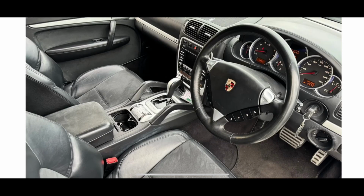And if there's one company above any other that knows how to build a fast and fun car, it's got to be Porsche. And so, in the classifieds, in that £10,000 budget, there are some tasty-looking Porsche Cayennes. Now, there's not many diesel options. In fact, there's a whole plethora of Gen 1 petrols, but when it comes to diesels, there was only one,